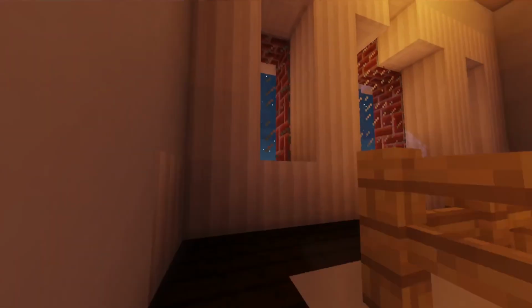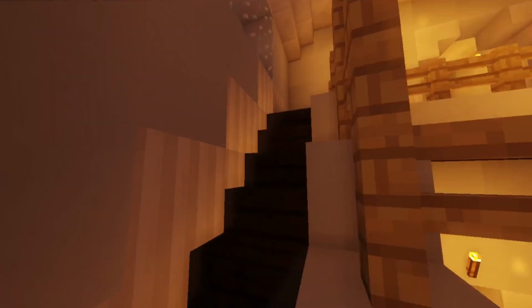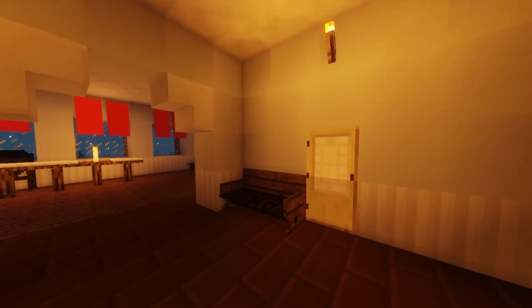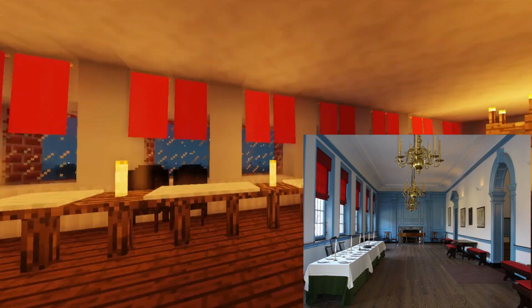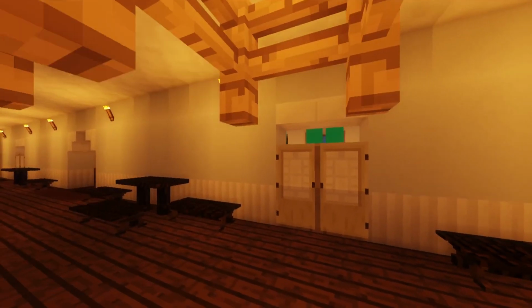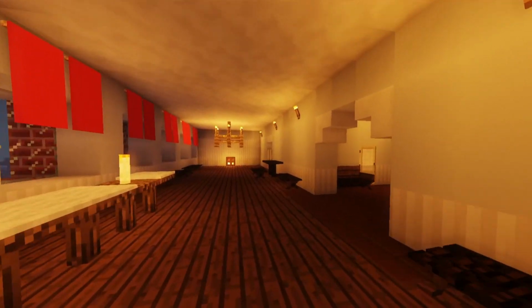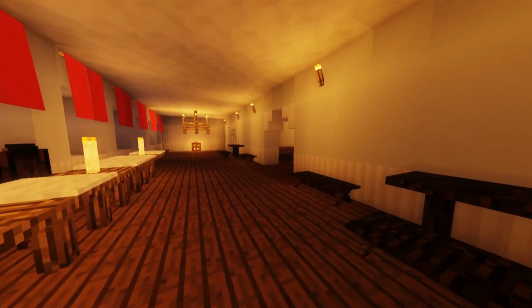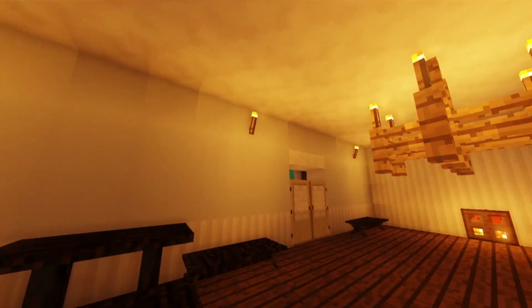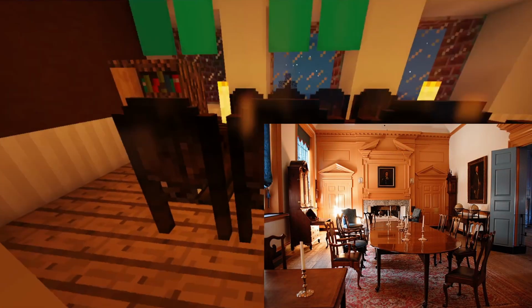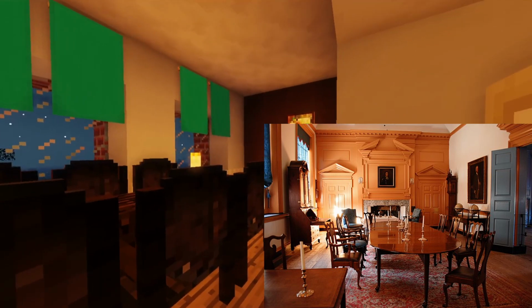Let's go up here. Now, there aren't a lot of good images of the two side rooms, either off to each side of the long room. This is the long room. I'm not quite sure. This is supposed to be an art gallery in real life. I do believe this is where the governor's area was